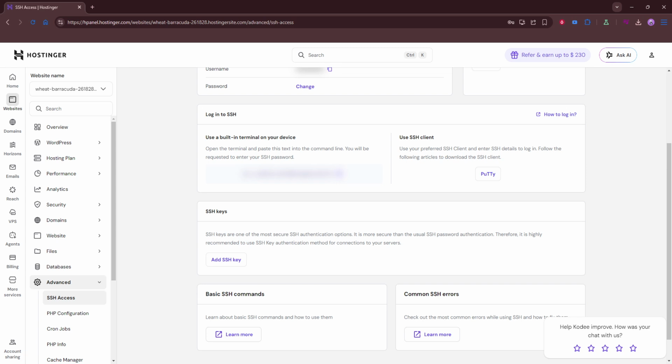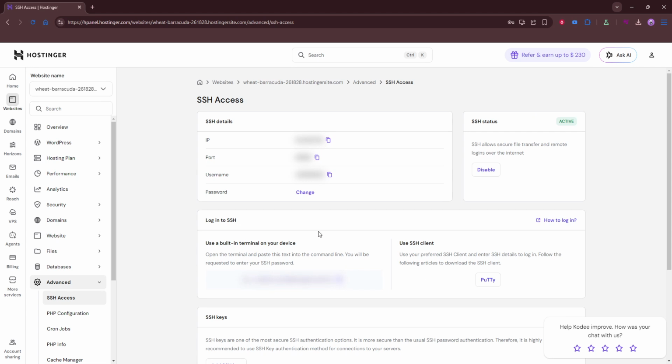Go back to the Hostinger SSH section and paste the public key into the field provided. Give it a clear name. Something like Tutorial 2 works well, so you can recognize it later. Save your changes. At this point, the server knows your public key and will trust connections from your computer's matching